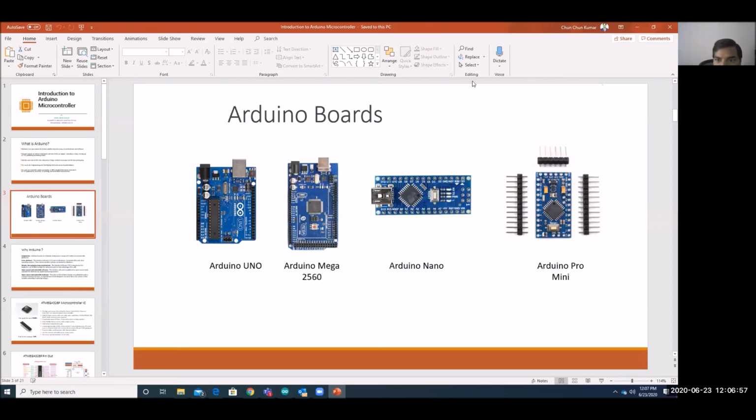What is the difference between Arduino Uno and Arduino Mega? Arduino Uno has the ATmega328P as its IC, and here you have the ATmega2560. The Uno has only 14 plus 6, around 20 IO pins, and here you have so many IO pins. You will have around 15 to 16 analog pins and more than 30 digital pins.